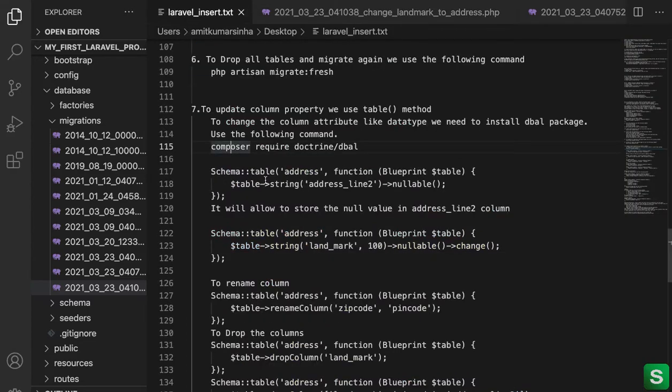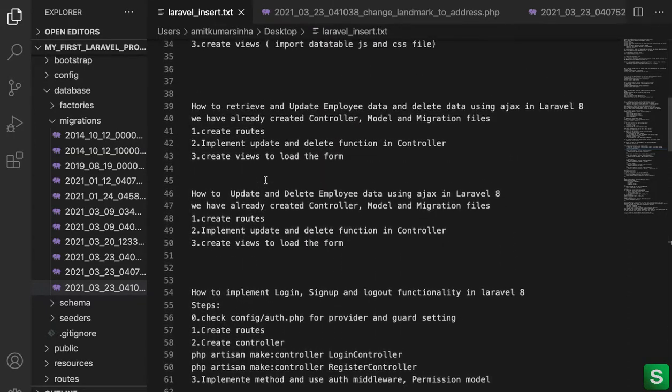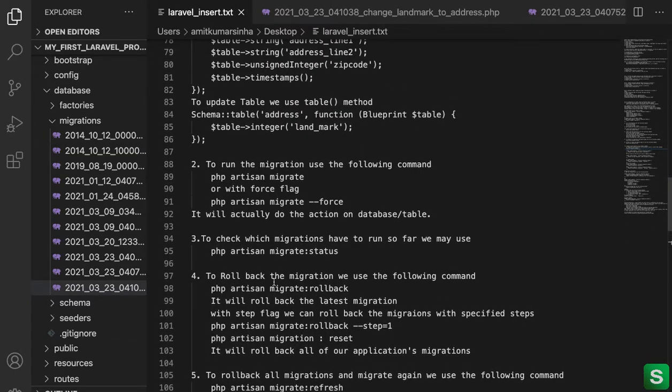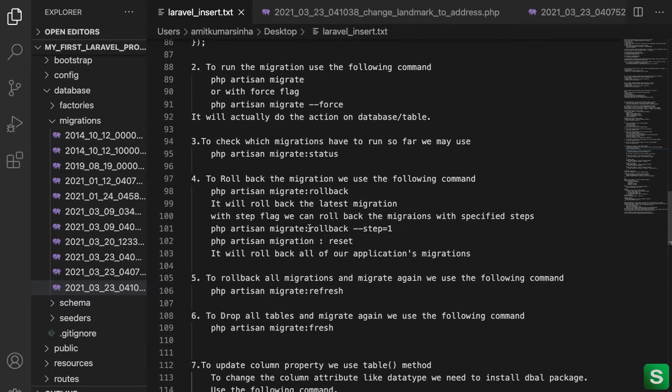Few of the things which may be required, I just updated. I'm just giving you the things. So the second one, rollback. If you put any rollback, okay, the migration whatever you have done will become undone, and again you can change in the migration file and migrate it again. So the step flag is here. How many numbers you put here, that many migrations will undo. Okay, if we put step 1, it will come back one step previous.